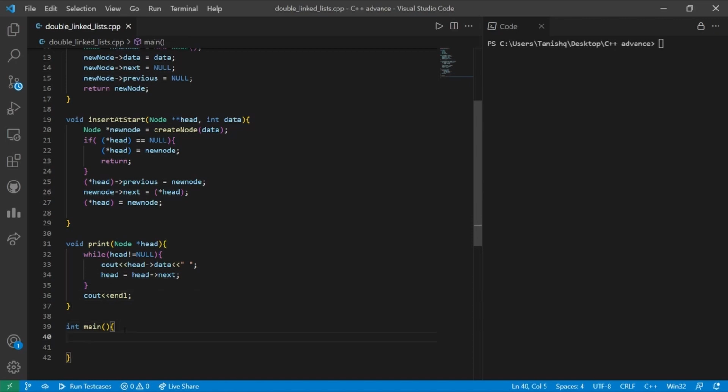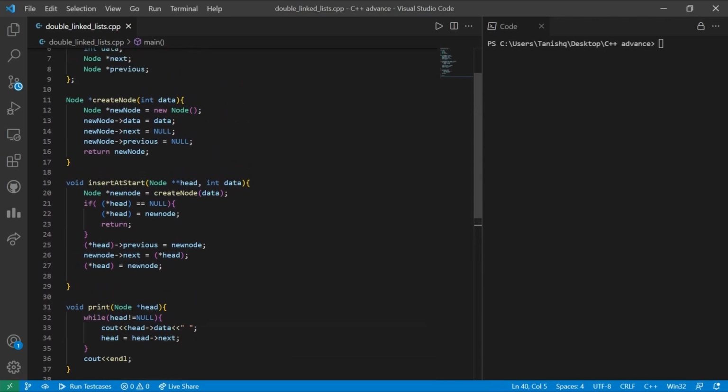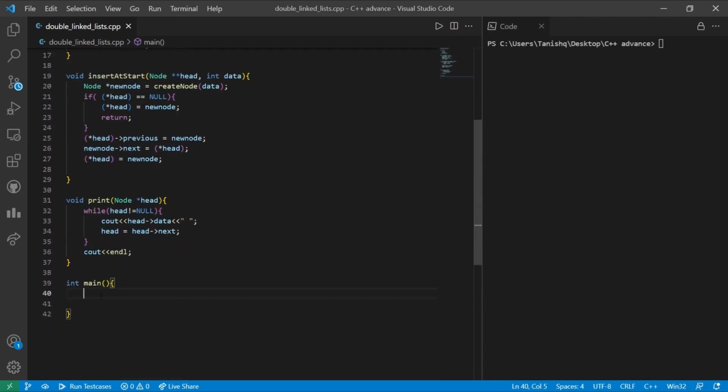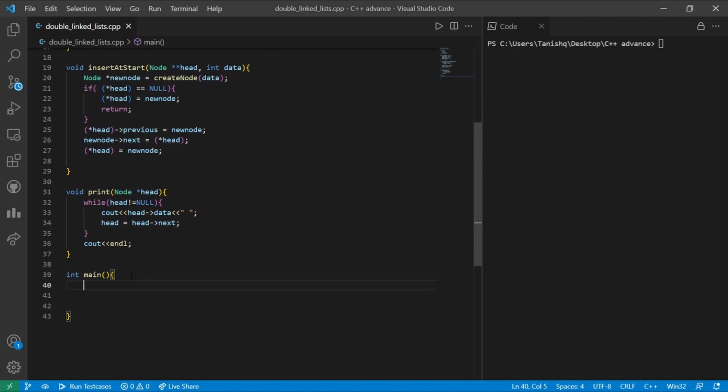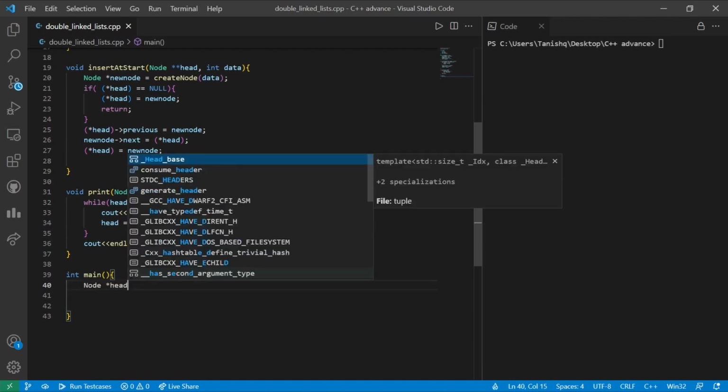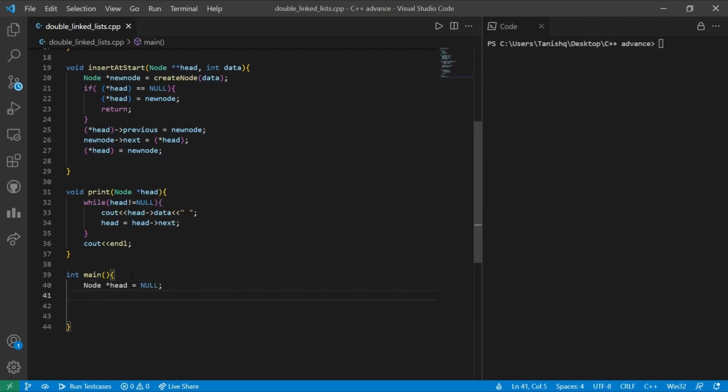Now let us experiment and see whether the insert at start function that we have coded as of now is working properly or not. We are going to make a linked list. The head is supposed to point towards null at the very first stage. So let us create a head which will be pointing towards null. So now the linked list has started and we can insert the node at the head, insert at start, and we are going to give the reference of the head along with the data. Let us take 44 as of now and let us print this by giving the head as the argument.